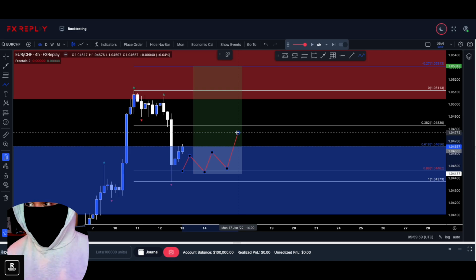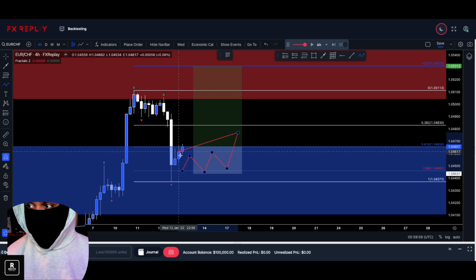A break is considered a close, by the way, in this case. So are there different colors that go towards the 61.8, close above the 61.8? Are there different colors in this very moment? No, there isn't. Did we have a slight break of the 61.8? Yes, we did. However, that break is still considered a break, right? Because when you set your alerts, you would get an alert that a 4-hour candle closed above the 61.8 level